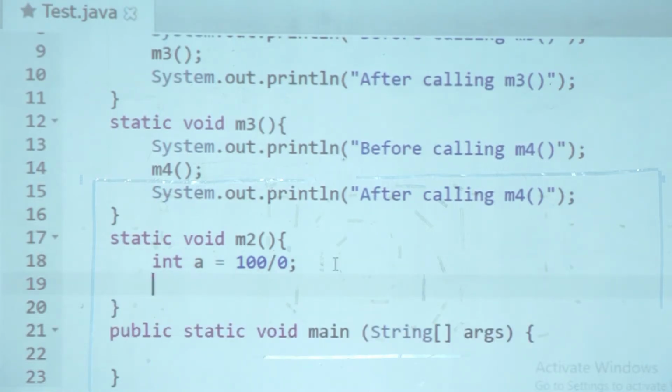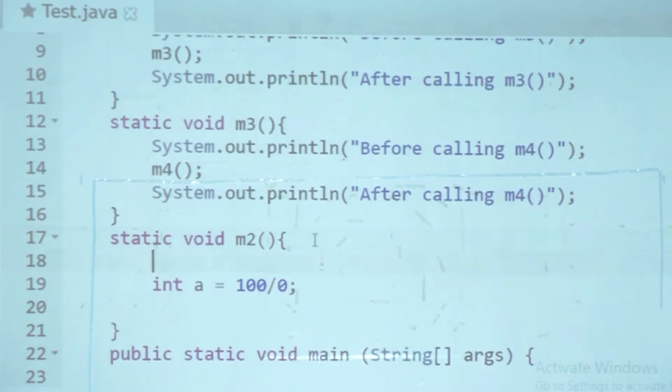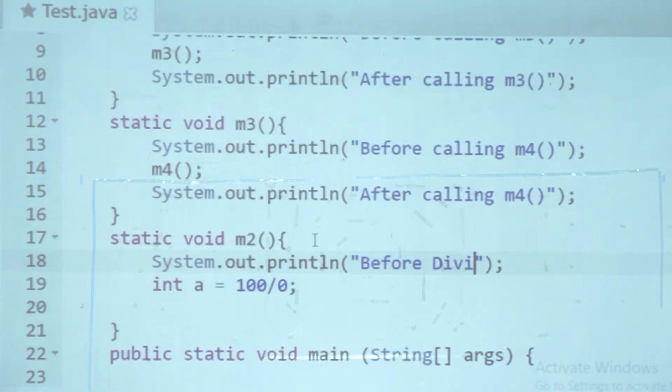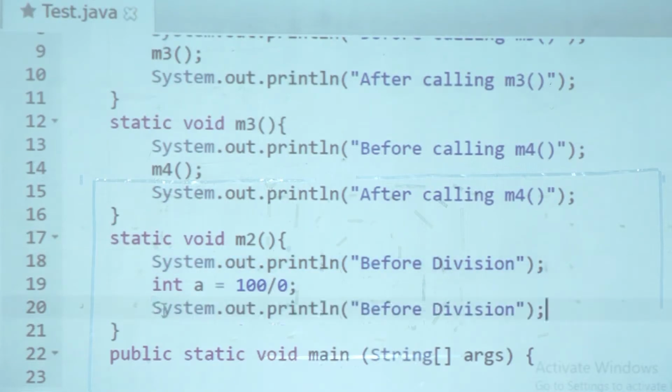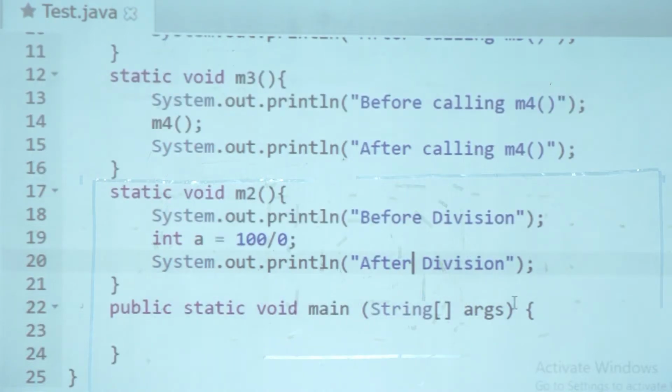Now you have to write something before so that we know it has been called in M4, no? Yeah. Print ln before division, then we will write after division. And we will call this method M4.